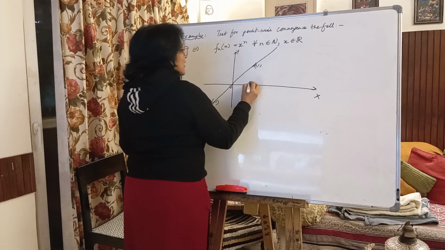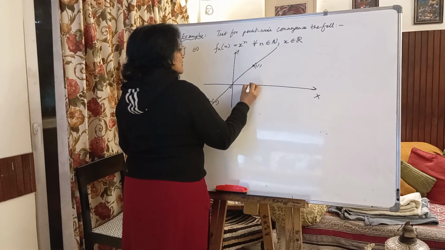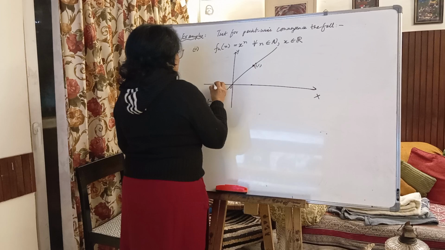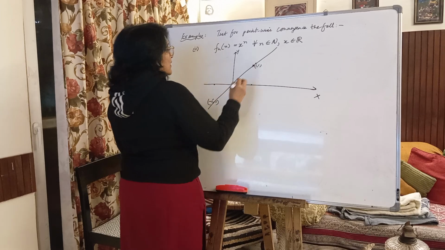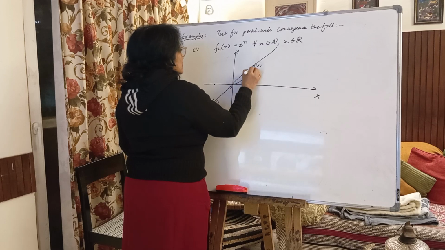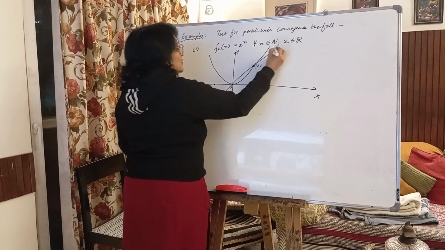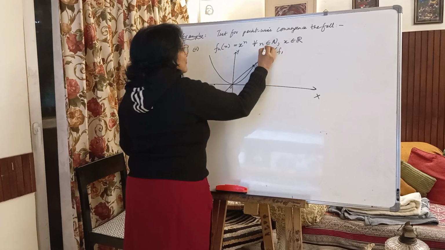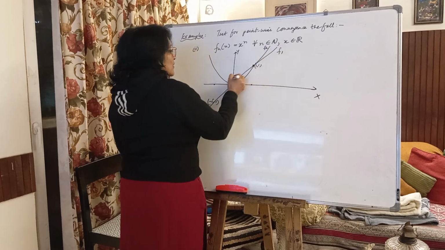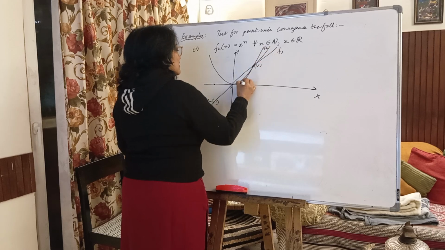And then this is 1, 1. Minus 1. And the next one was the parabola, like that. This was F1, then F2, then F3 again was coming down to the negative side, so F3